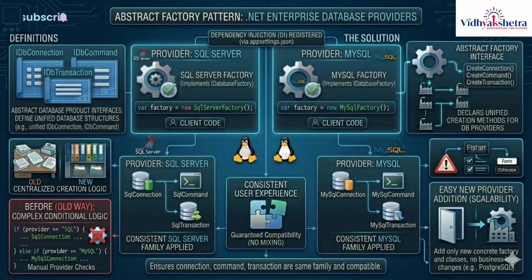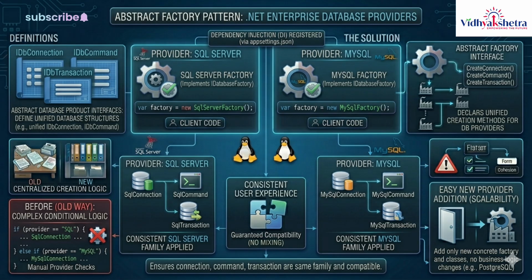In such a system, developers define an abstract factory interface, for example IDatabaseFactory, which includes methods like CreateConnection, CreateCommand, and CreateTransaction. These methods represent a family of related objects required to interact with a database. Then, concrete factory classes such as SqlServerFactory, MySqlFactory, and PostgreSqlFactory implement this interface and provide database-specific implementations. For instance, SqlServerFactory will return SqlConnection, SqlCommand, and SqlTransaction, while MySqlFactory will return